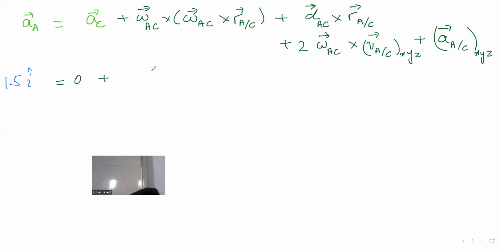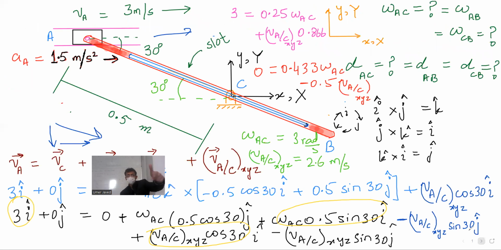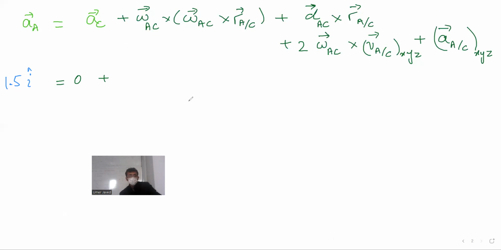Hang on. Omega AC, did we find? Yes, you're right. Hang on. Omega I found as 3, as one of the students said. So what was the sign? Sign was positive. Sign was positive. So sign was positive. This means I assumed the direction to be clockwise. And if the sign has also come out to be positive, then whatever direction I assumed, maths is agreeing. So it's clockwise. So what should I write? 3, right? Negative or positive?